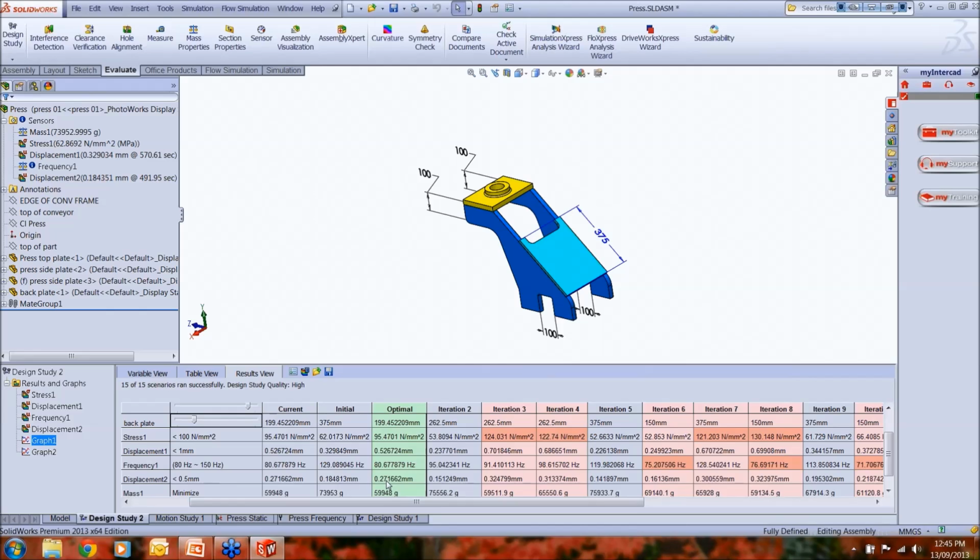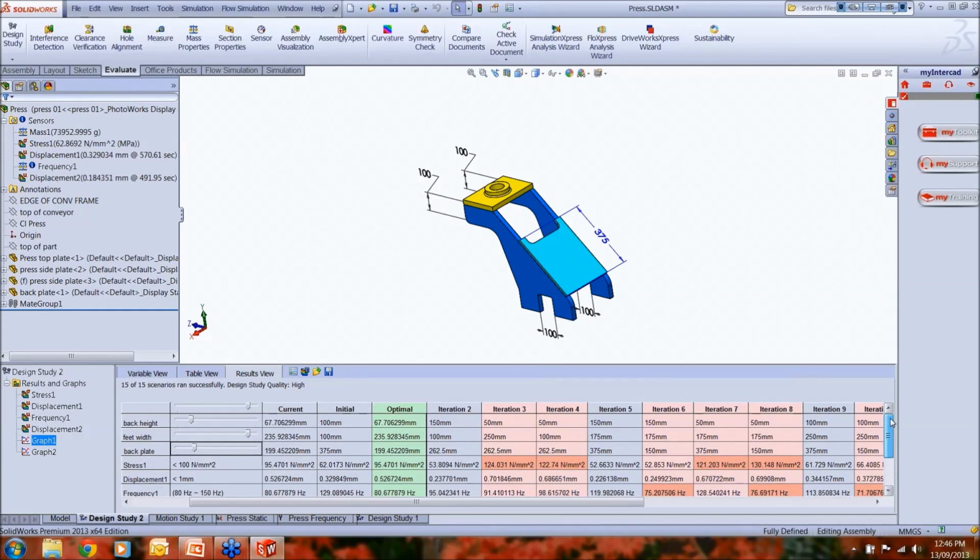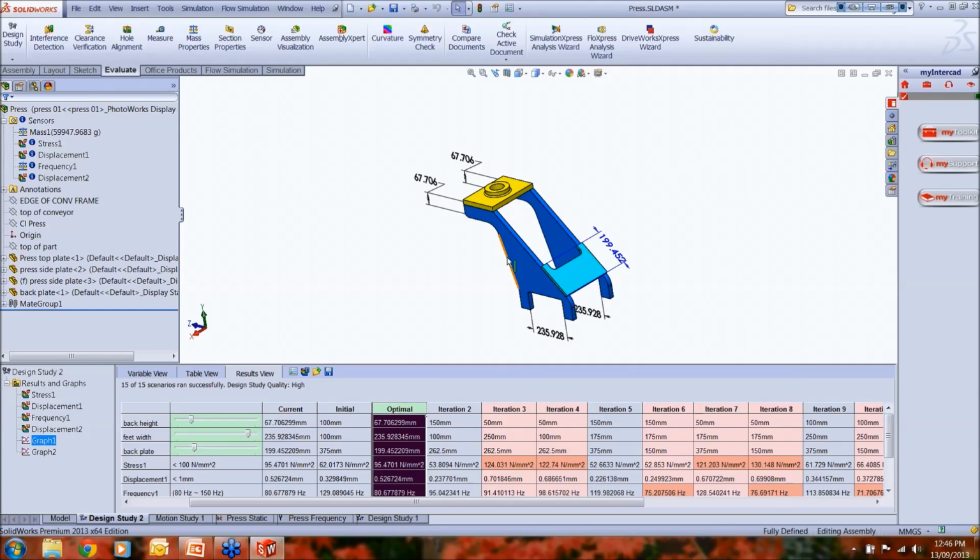Displacement on the edge is 0.27, and the mass is 59948 grams compared to what it was, 73953. In any aspect, you can review your result. It was 100 millimeter initially, where in the optimized model it is 67. It was again here 375, where in this case we get